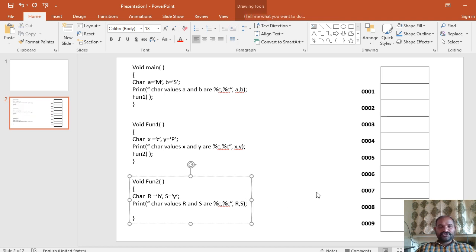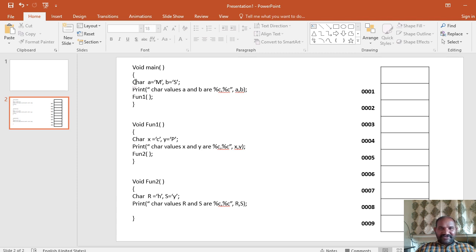Now, when you are declaring the variables, without you knowing, you are requesting the microprocessor to allocate some area in the stack memory. This means declaring a char variable in the main function, or in any function. In C, the variables should be declared at the first statement, soon after the body starts. In C++, it is not like that.